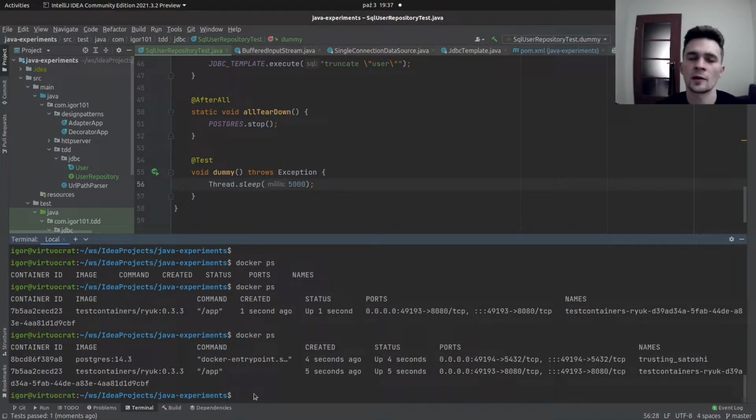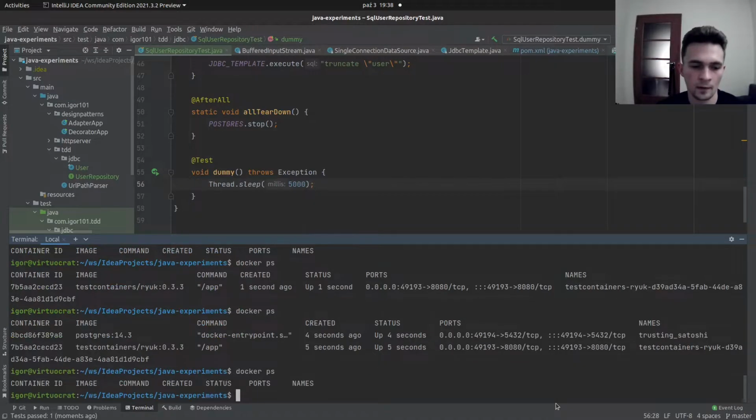I think it's some kind of master container which starts when we use this library, and it basically manages all of the containers started using that library. So we have Postgres, as we can see, some ports. They have opened this port, and it is mapped to the Postgres port, I guess. Yeah, and we don't have that now because